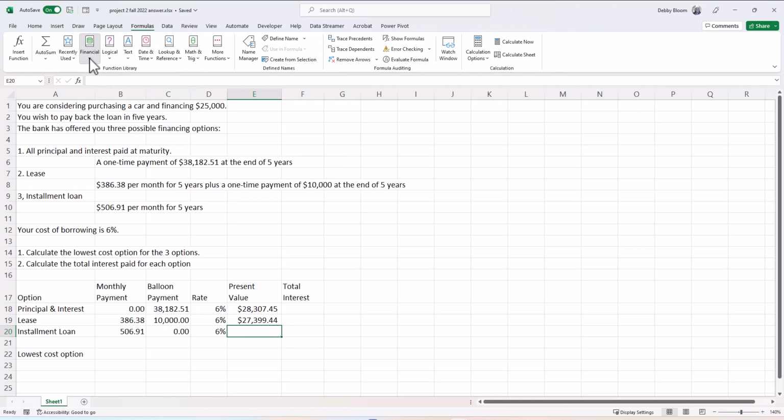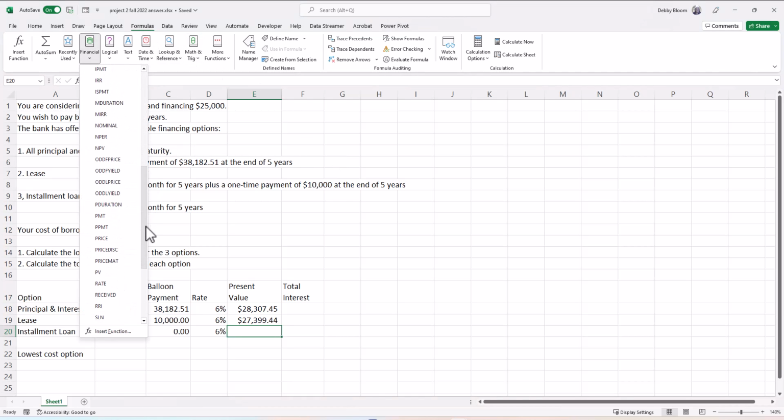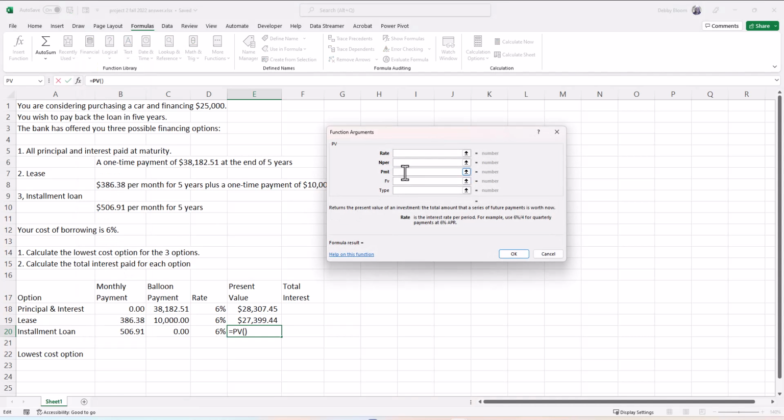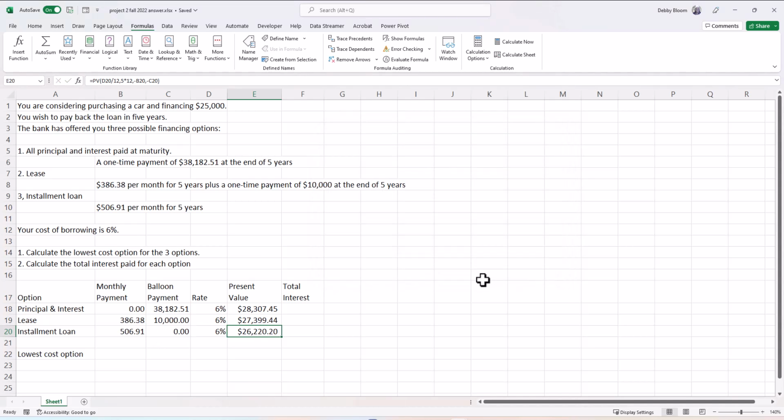Once again, Formulas, Financial, and PV. Rate is 6% /12. N per 5 times 12. Payment negative, and then click on the $506.91 per month. Now an installment loan is designed that after you make the last payment, you owe 0. So our future value negative, or it could be just left off, but if you were copying it down, it would include it. So our future value is 0. Present value of this option,